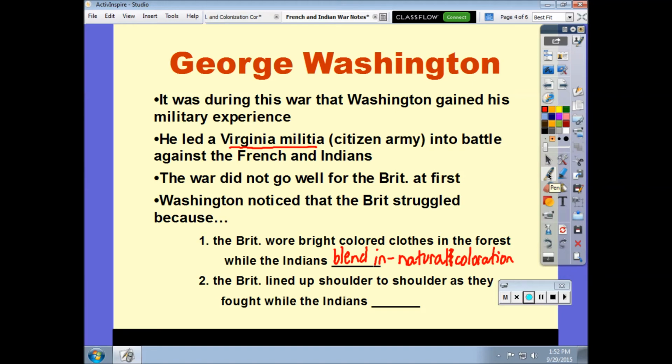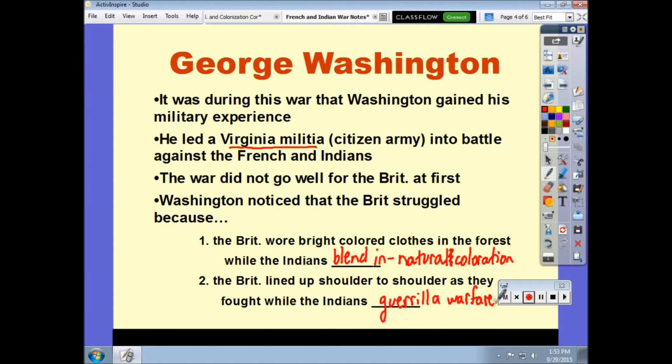They still line up shoulder to shoulder, and they tend to march into a battle together. They tend to shoot together still, while the Indians are going to use a very different tactic. The Indians are not opposed to hiding. They're not opposed to running. They're not opposed to hiding behind things, waiting in surprise to jump out and attack the British soldiers. They're using a form of what we call guerrilla warfare.